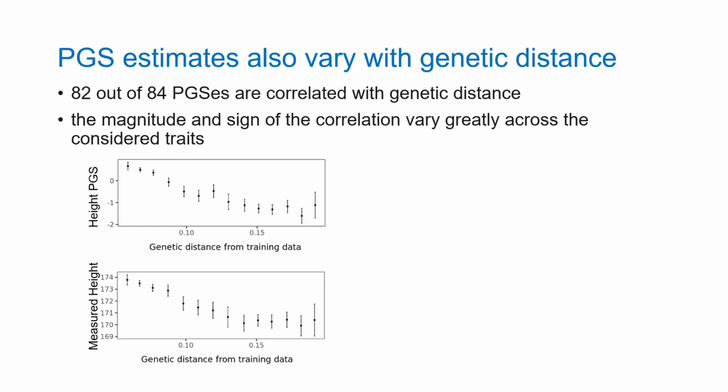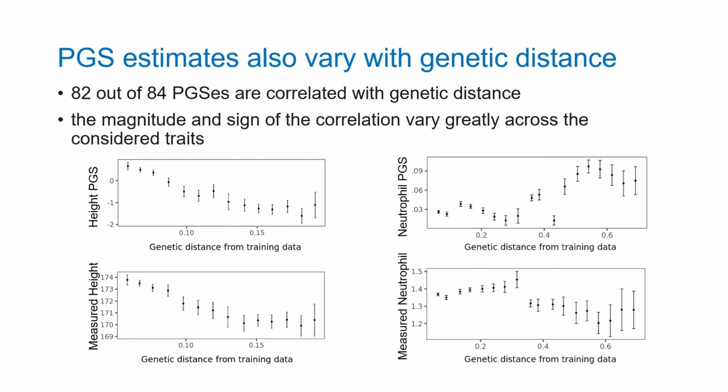So this is the average height in these individuals binned across genetic distance, and some people have used this as a sign of natural selection. Maybe genetics drives the difference from north to south Europe, or other work has reasoned that this is an artifact of incomplete accounting for population structure when estimating these weights for the polygenic risk.